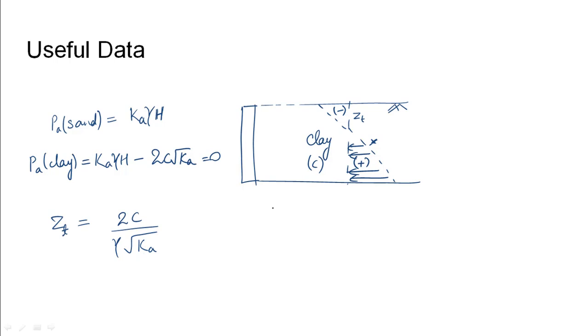If we assume that the loss of contact has not occurred, the active pressure is found out by taking the depth as Zt, and then whatever depth is left, only that is considered for the calculation of active earth pressure. But in the case of design purpose, we generally assume that loss of contact has occurred. For that case, what we do is we divide the triangle, and the active pressure is calculated as the area of the whole bottom triangle.